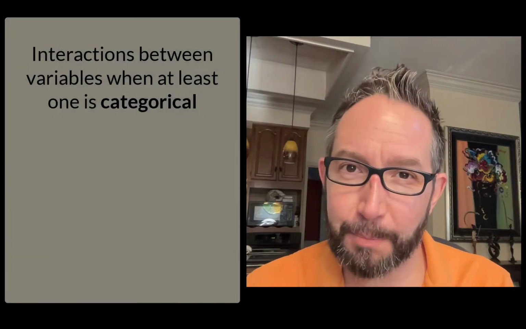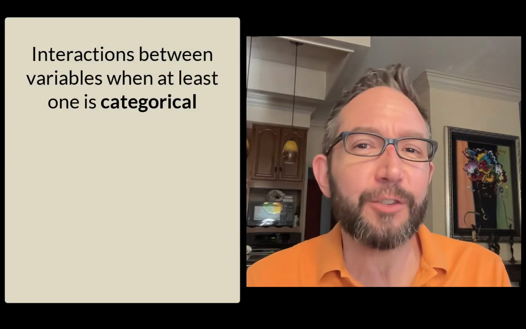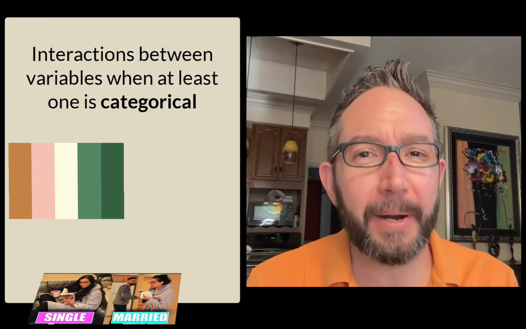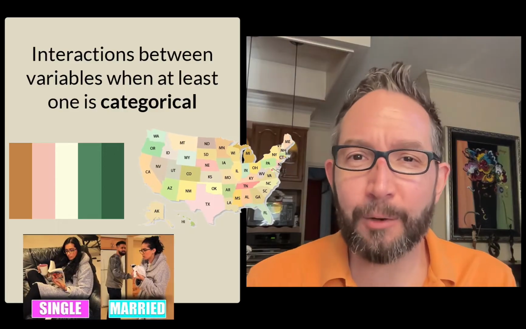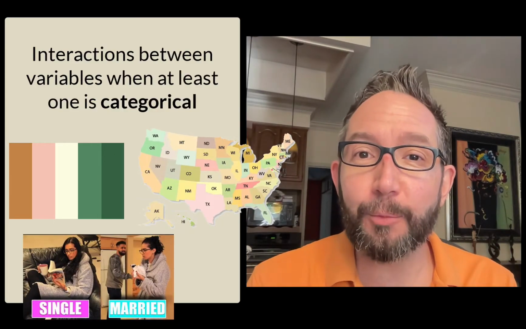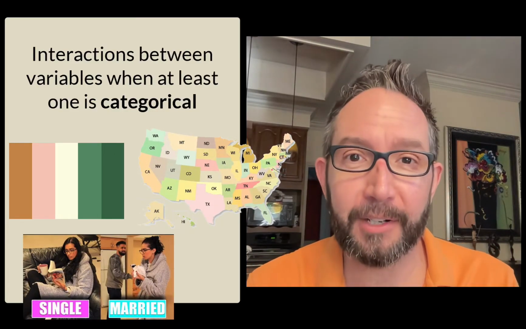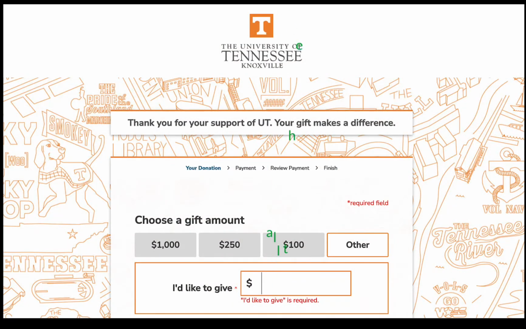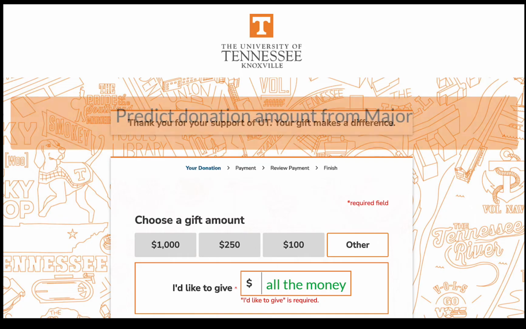In this video, I want to talk about incorporating interactions between our predictor variables when at least one of those predictor variables is categorical, like color, marital status, state of origin. And we've seen that in business analytics very often we do want to have categorical predictors in our regression models. If we're working for the development office at the University of Tennessee, we might want to use someone's major as